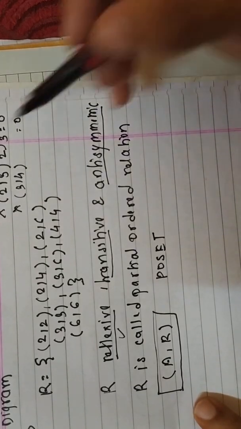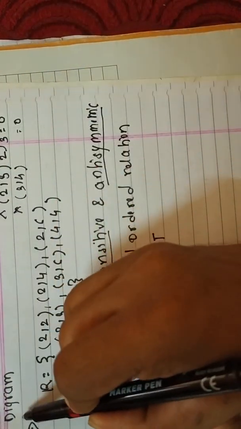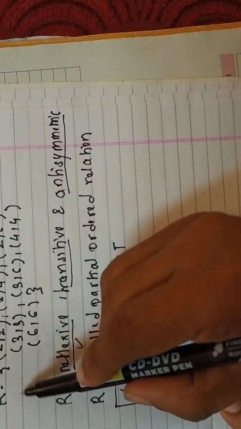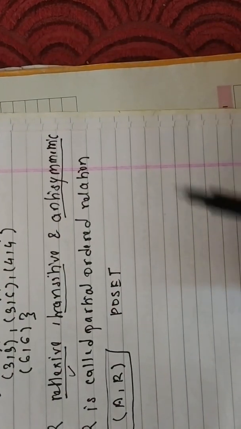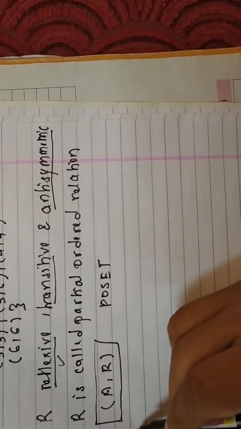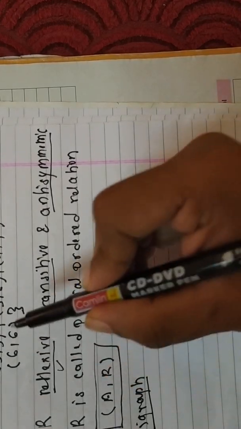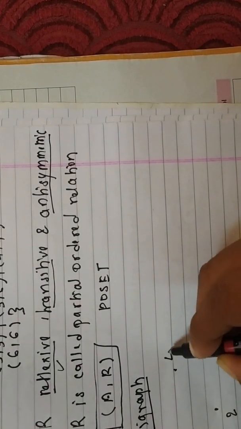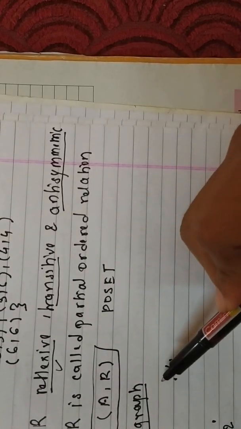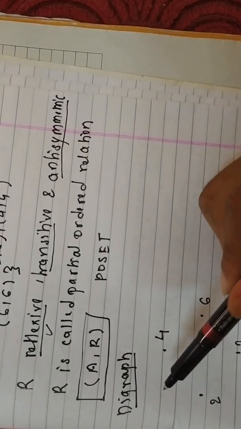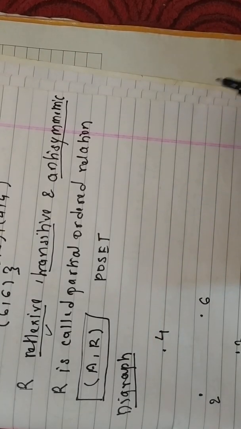Okay. And then we have to draw the Hasse diagram now. Hasse diagram for this poset. For a poset we can draw a Hasse diagram, as I said earlier. Okay. So this is R and we have to now draw the Hasse diagram. So before drawing the Hasse diagram, let us first draw the digraph. Digraph, in the earlier example also we have drawn. If I want to draw the digraph, then see, suppose this is 2, this is 4, this is 6 and this is 3. I am not drawing the Hasse diagram initially. I just want to give you the difference between digraph and Hasse diagram. That's why initially I am drawing the digraph here and then we'll draw the Hasse diagram for the same.